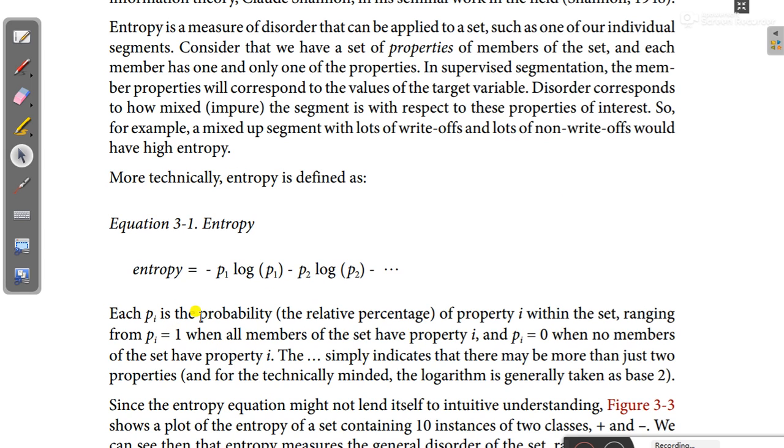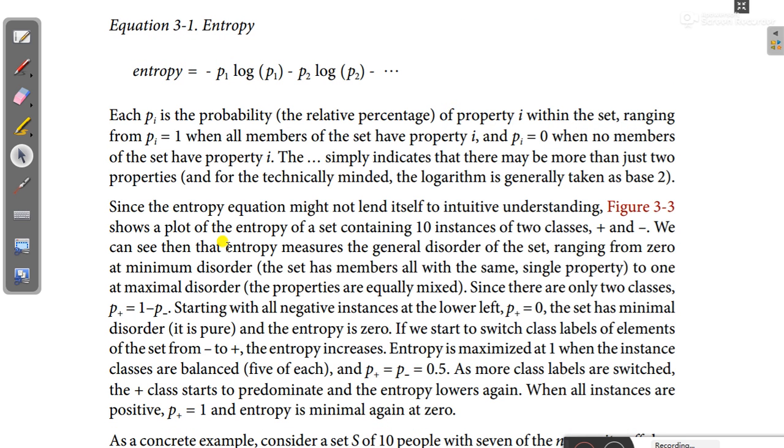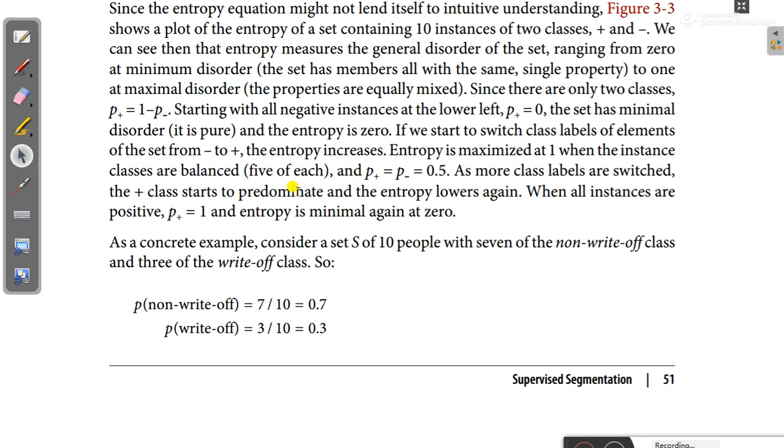So entropy is a measure of disorder that can be applied to a set such as one of the individual segments. The most common splitting criterion is called information gain, and it is based on a purity measure called entropy. Both concepts were invented by one of the pioneers of information theory, Shannon. Entropy is a measure of disorder, and here P1, P2 are the probabilities. Okay, here in the example you can see,